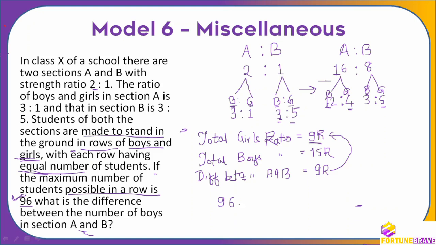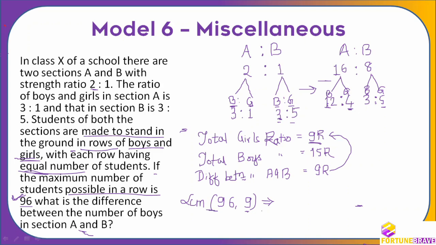Okay, and the LCM with the 9 ratio, because the number has to be divisible by both 9 as well as 96. So what is the LCM of this? Why am I taking the LCM? If you are still confused, go back and see why. Because we want the number. There are 9 ratio, which means it has to be divisible by 9, and if there are 96 in one row and an equal number of people in every row, then it has to be divisible by 96 as well. If 96 were divisible by 9, I would have directly taken 96, but 96 is not divisible by 9. So we cannot have 96 girls. We have to have a different number.